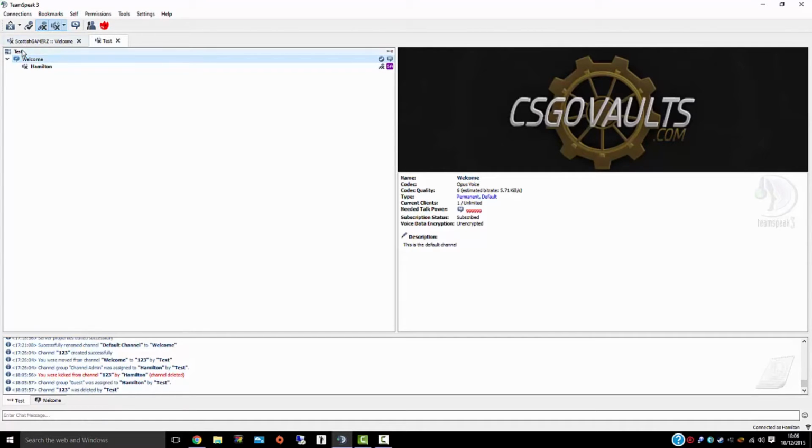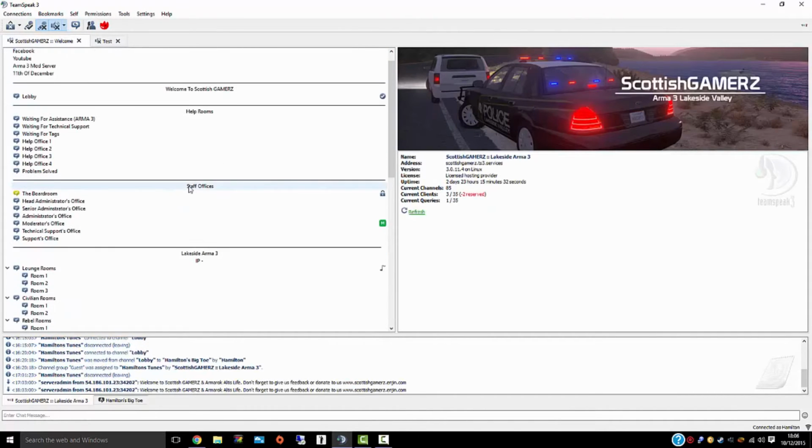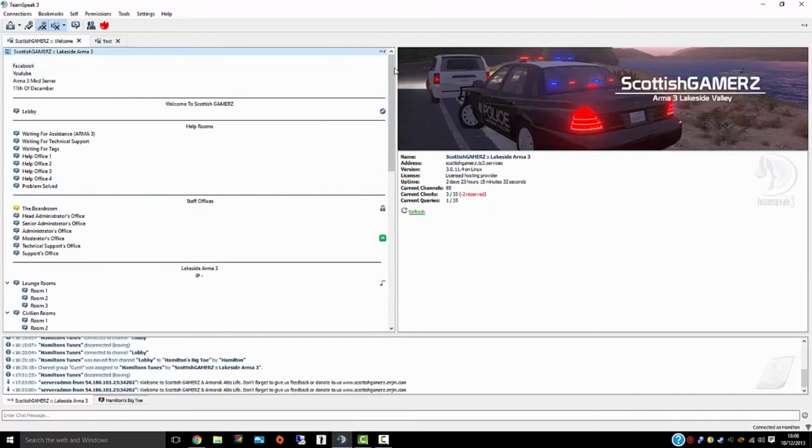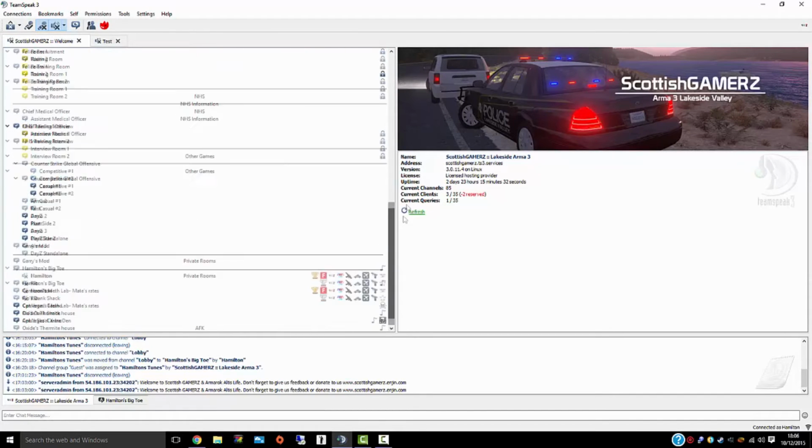Basically, I got my team. I was going to use my TeamSpeak, but as you can see, my TeamSpeak is full, and I need this for tomorrow because I'm opening up